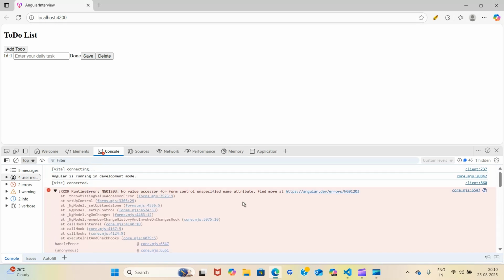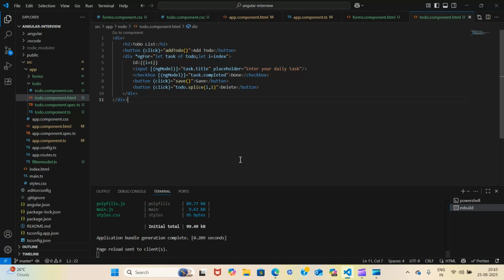This error comes because I'm using ngModel. Whenever you use ngModel, we need to specify a name attribute, some unique name to track, so that my Angular knows that this is some different value.